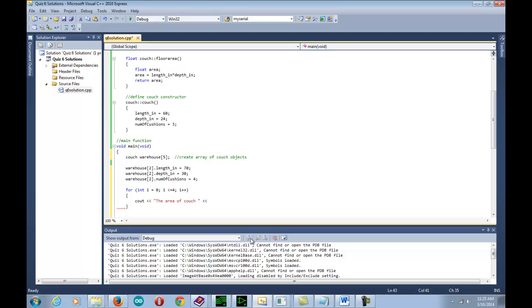Now the first couch with index 0 is really the first couch, so that would be i plus 1 if I want to number my couches 1 to 5 and not 0 to 4, because we don't usually in our heads count from 0, right? So the area of couch 1, which is couch 0, is warehouse